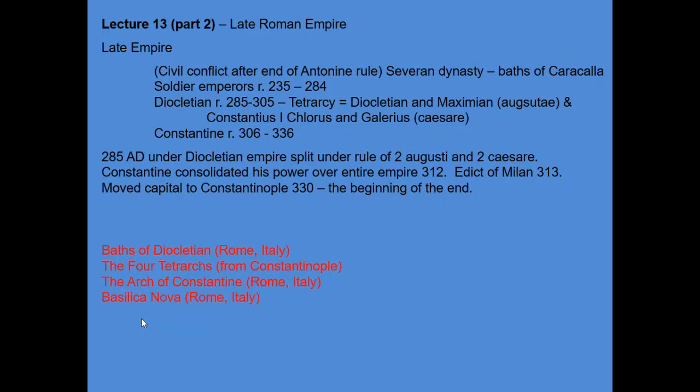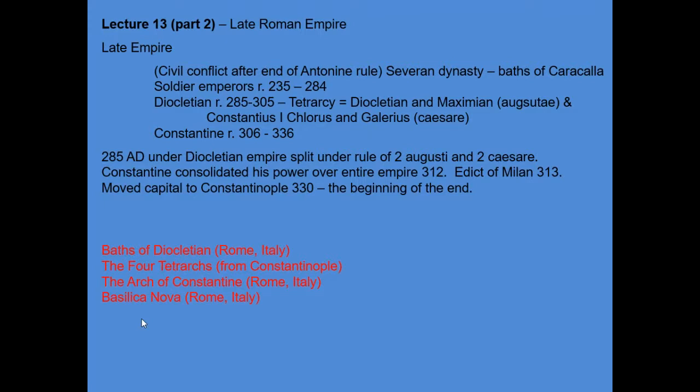Diocletian, as I mentioned earlier, will establish the idea of four leaders, the Tetrarchs. He will sort of subdivide the empire among two Augusti and two Caesari. That, for us, seems like partially a logical solution, since this is a very large empire at this stage, and having all the power centrally located in one place might make it difficult to govern these vast territories. But as you can imagine, in our own country, if we simply divided the country in half or in quarters and had 4 simultaneous presidents, that obviously leads to a certain degree of strife and a lack of unity. So Diocletian's idea doesn't really work terribly well, and Constantine, when he comes to power, reconsolidates power under a single